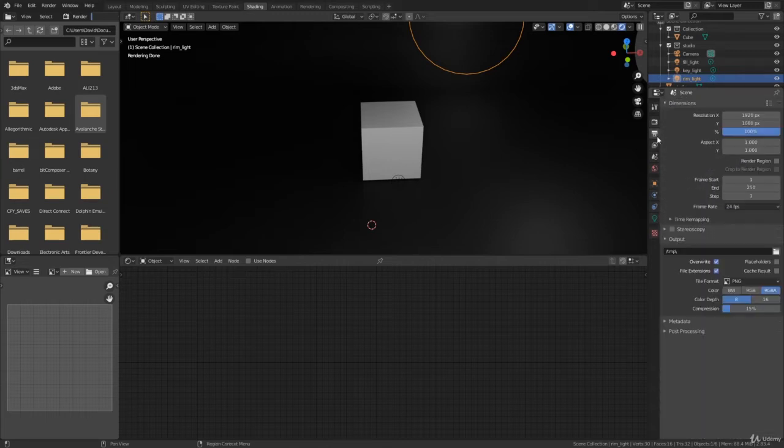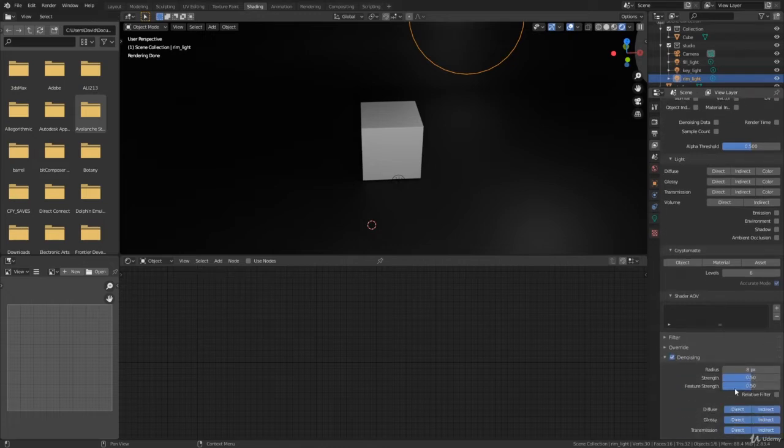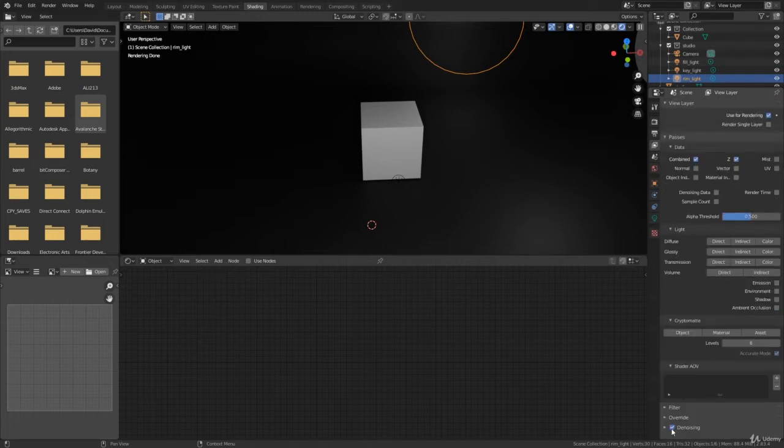Also, a thing that is quite new, and there are multiple ones of these available, but there is something called denoiser. So let's look at it. It is here in the view layer properties, denoising. You can select it and you can also change some options, but even if you just keep it at this,